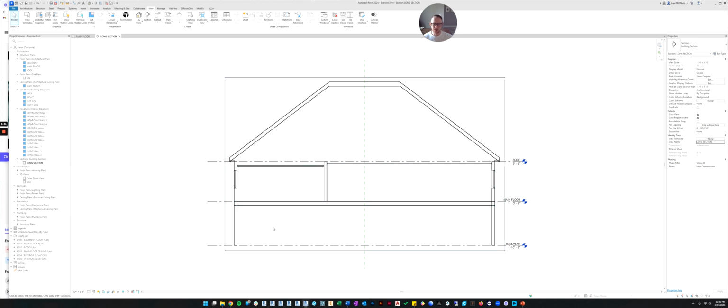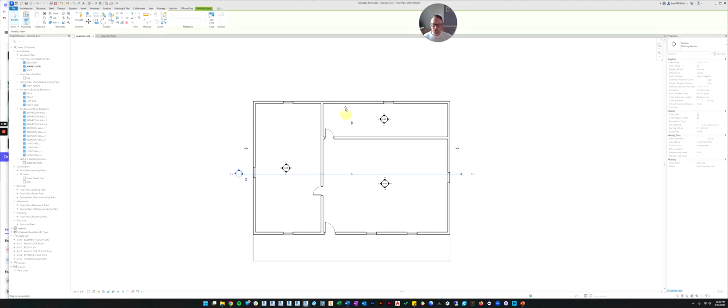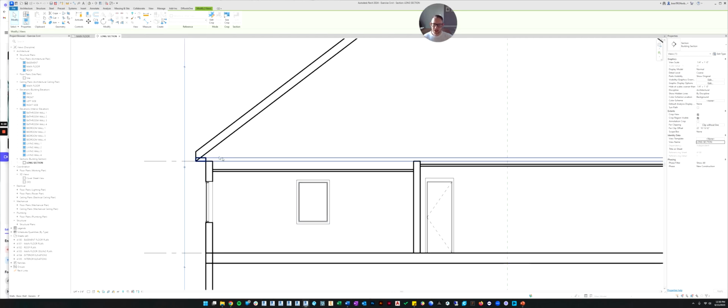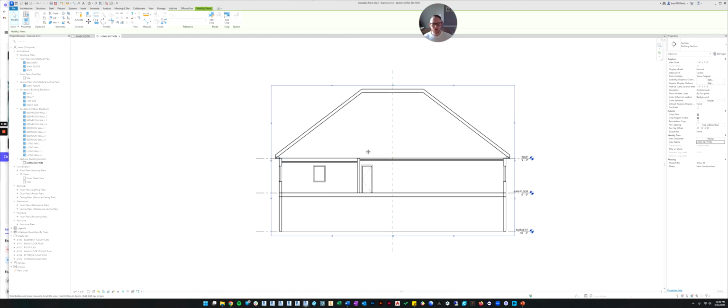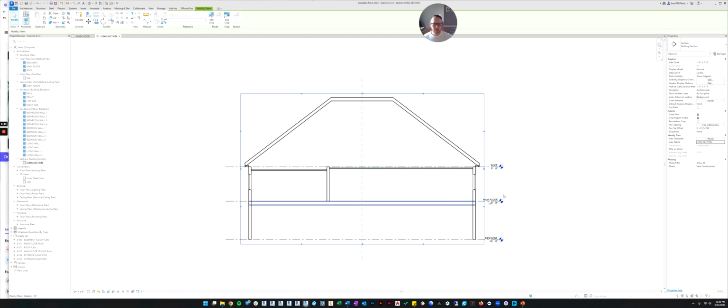Do you see how it cleans it up a little bit? Whereas if I was to change that like that, it's showing a bunch of other stuff that may not be relevant. Like it's showing the soffit way back on the other side of the building, and I don't like that. So I personally tend to just make it a very thin slice, and it just makes it cleaner.